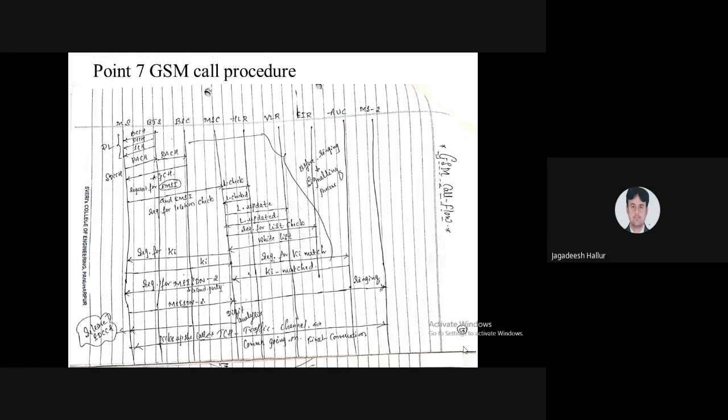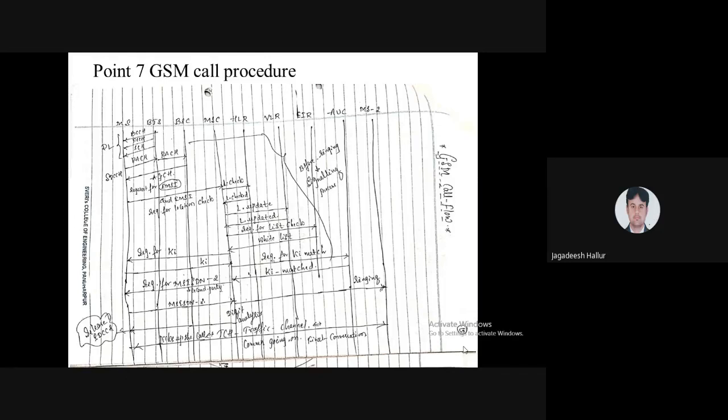Once you want to make a call, if you want to access the network, the mobile station will send a request with the channel RACH, that is the random access channel.